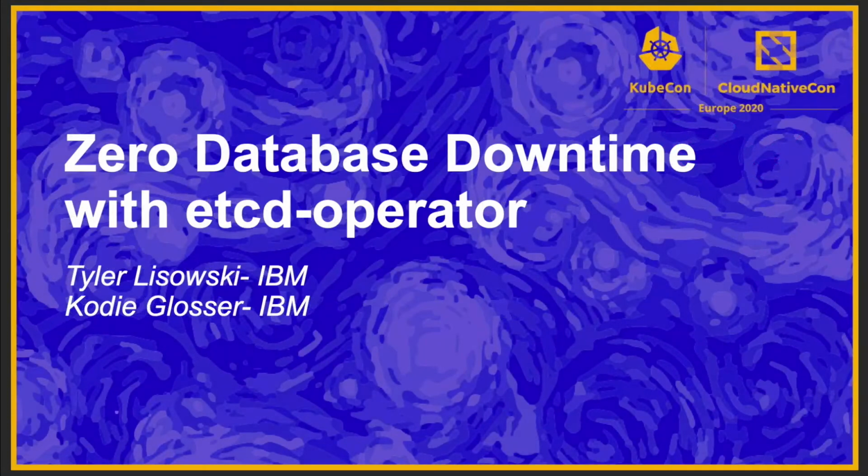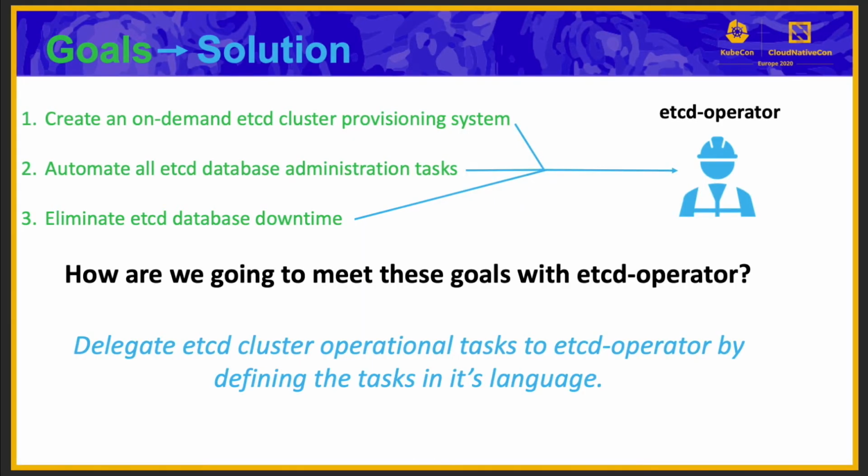Today, we will illustrate how etcd operator automates etcd database management and eliminates database downtime. Etcd is the primary data store of Kubernetes and holds all the Kubernetes cluster state. Internally at IBM, our first etcd deployment model for kube clusters consisted of deploying and managing etcd instances on VMs